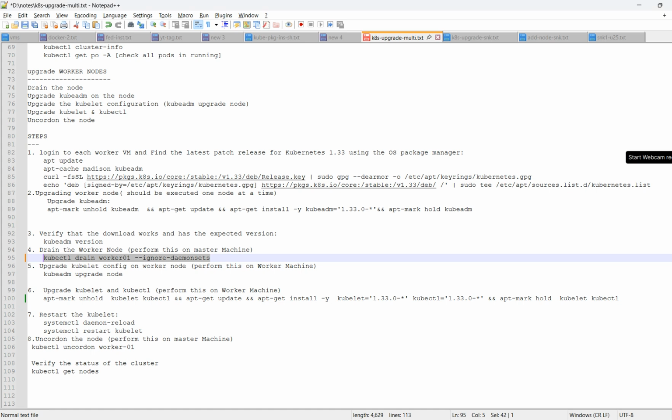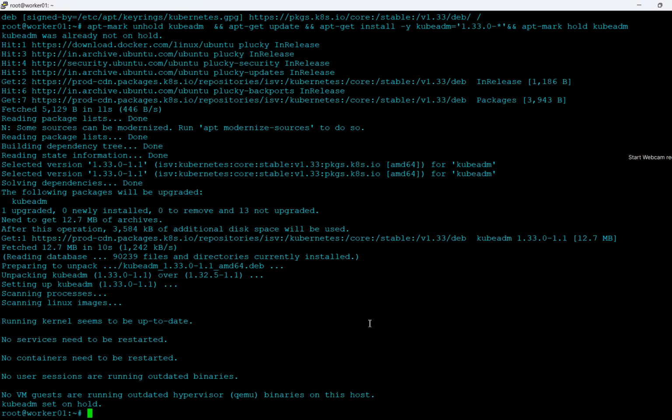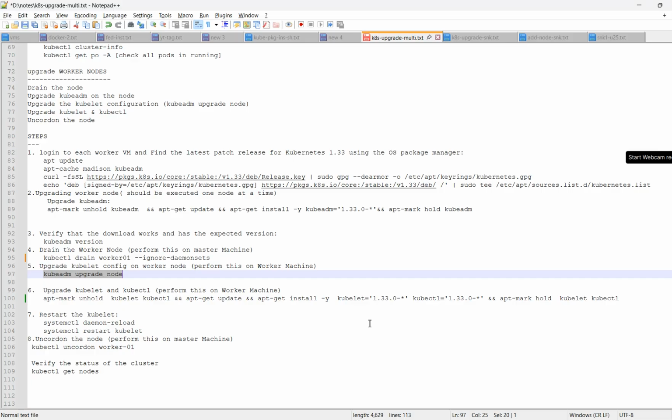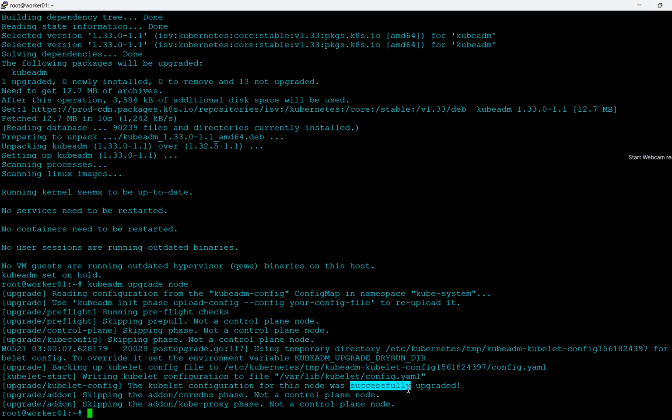Then we can go ahead to update this node. Basically it will update the kubelet, okay? So we need to perform this command on the worker node only. I mentioned that, so I jump to the worker node and update that one, and you can see it successfully updated the kubelet